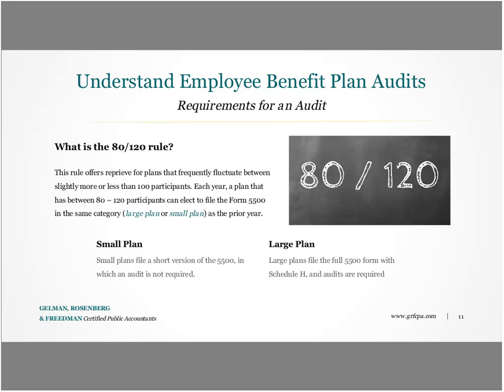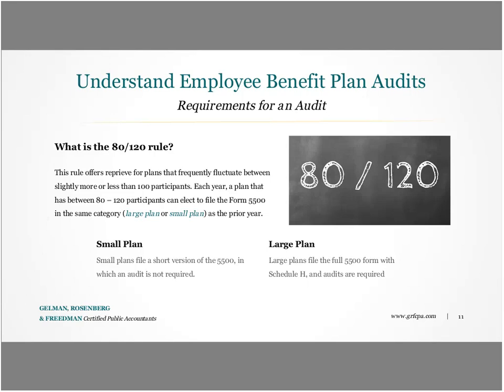So just to go over this again as an example, you have a look-back year, the year prior. So if you had, let's say, 85 participants in 2015, and in 2016 you had 101, you can look back and say, well, in 2015 I filed as a small plan. I haven't gone over 120 yet, but I am over the 100, so I'm right in that range between 100 and 120. Last year, I was able to file the short form 5500 as a small plan because I only had 85 participants. So I'm going to elect to file again as a small plan and not have the audit,